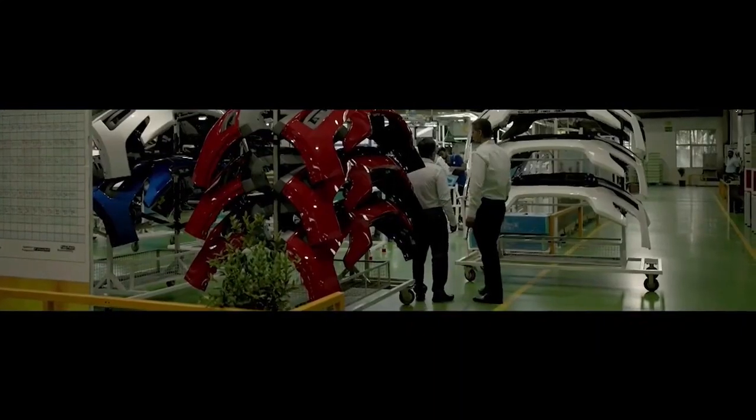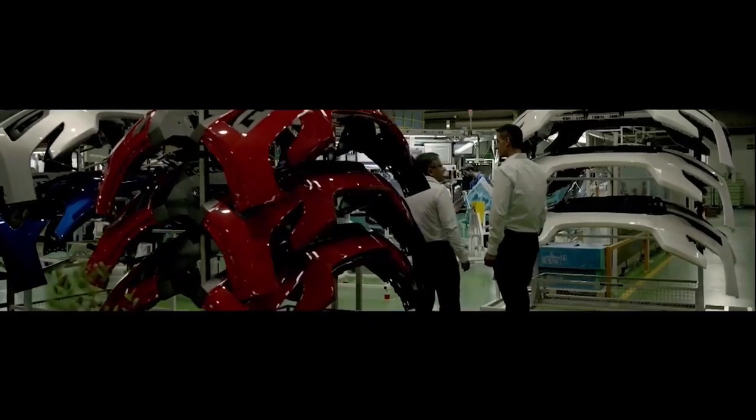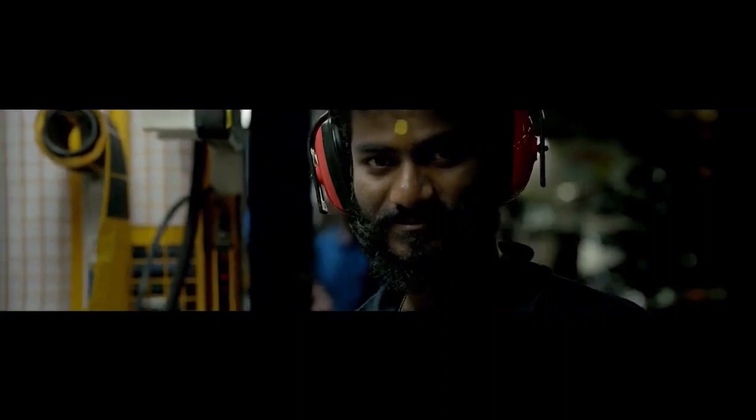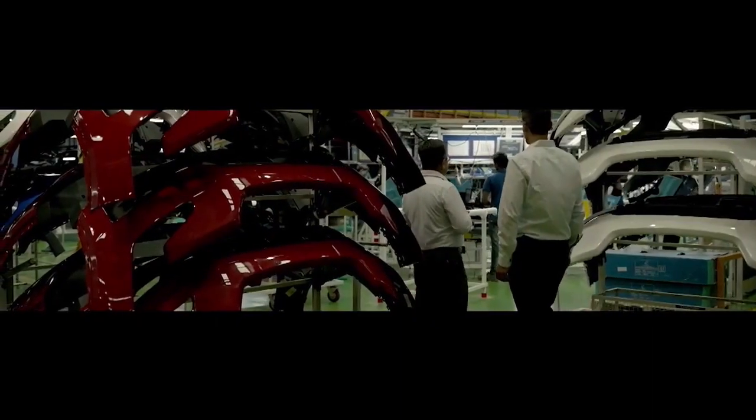Another great ROAS story of this plant is that every equipment that you see is made by Motherson. This assembly line is made by Motherson, the Pokayoke is made by Motherson. The chilling plants are made by Matsui. The robots on the machine are by Robis. Everything that you can see is a Motherson vertically integrated plant, and hence it's a system which I